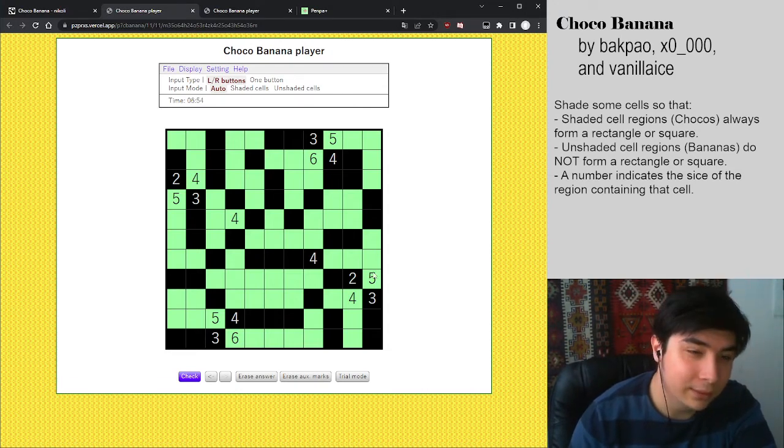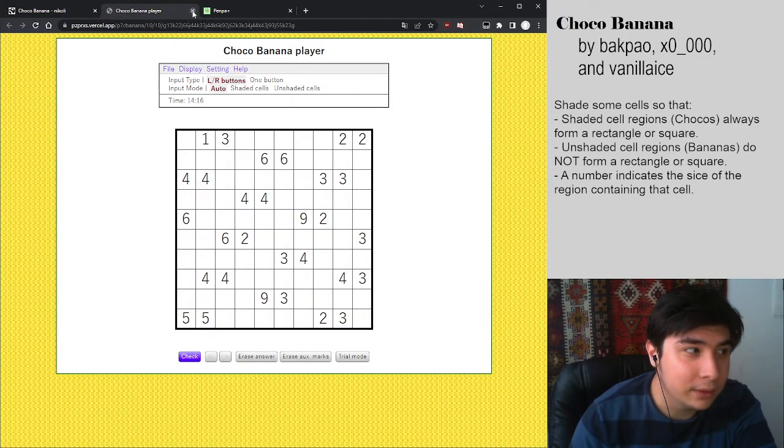Very cool. So that is our first puzzle here. Thank you, bakpao. Our second puzzle here, I'm just going to refresh real quick to reset the timer. This one I think is by XO000 on Puzz Square. It has been ported over to PZ Plus. Or no, wait, this is PZPRXS. But anyways,